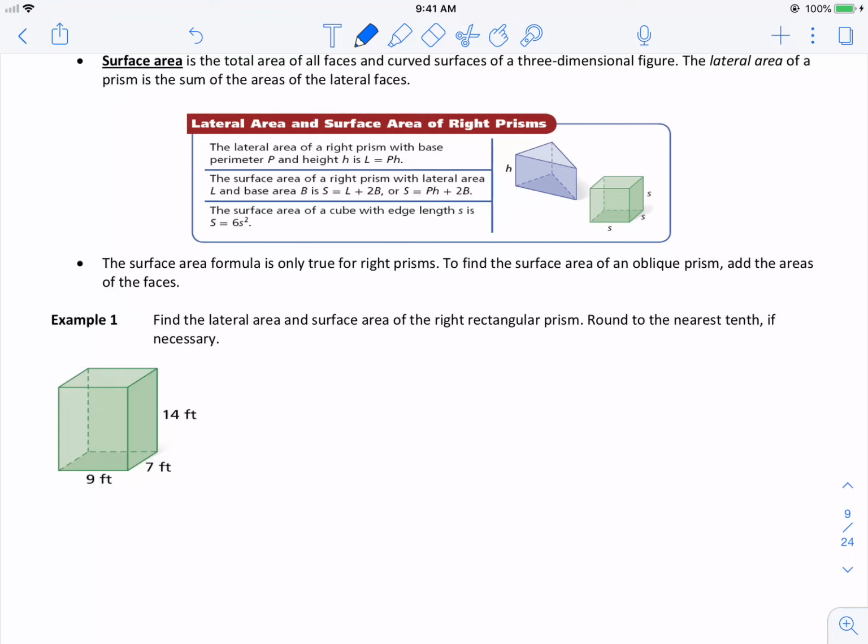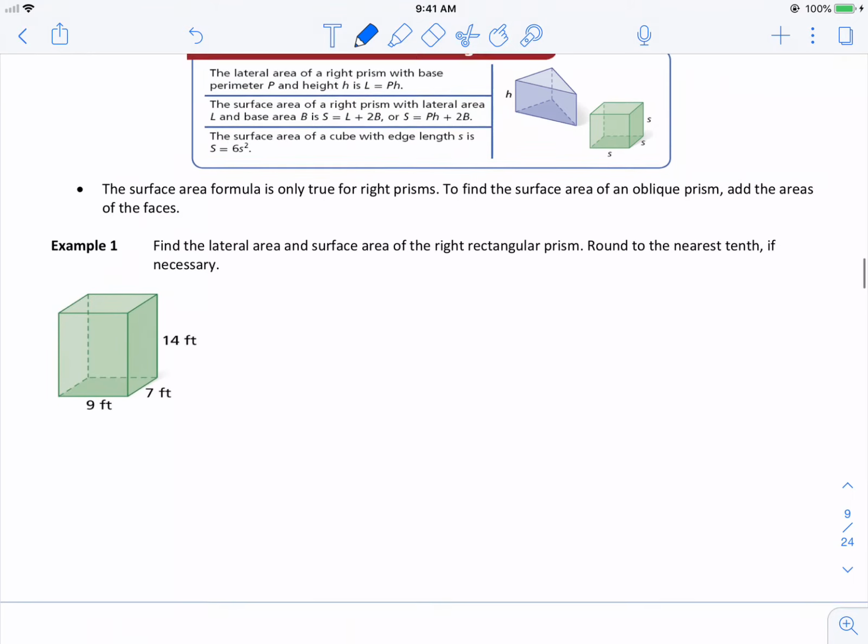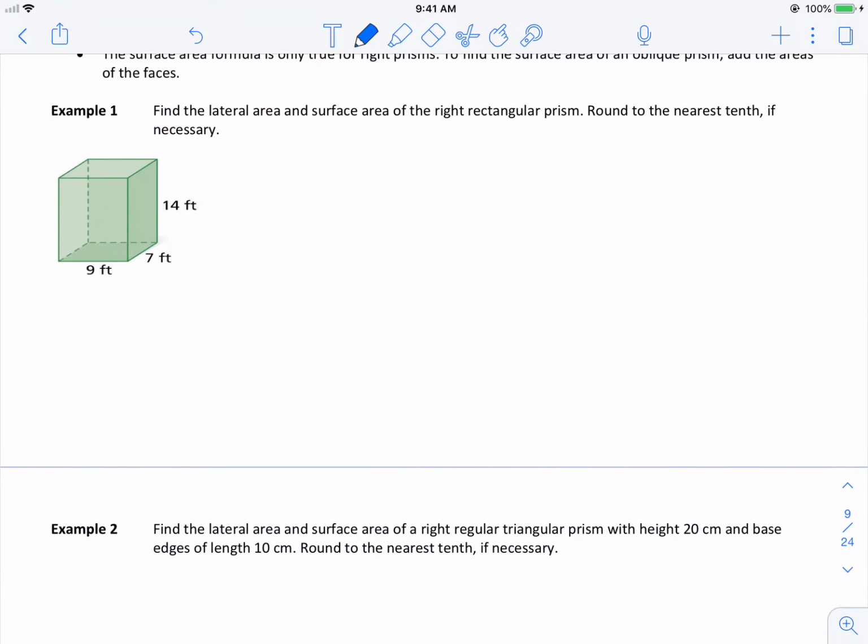They're there in the background to kind of guide you, but my big recommendation for lateral and surface area problems is to just think about each of the surfaces and add their individual areas together. In this case, we have a right rectangular prism, so we know that the opposite faces are going to be congruent to each other. So let's start with thinking about our lateral area, which we know wraps around the outside